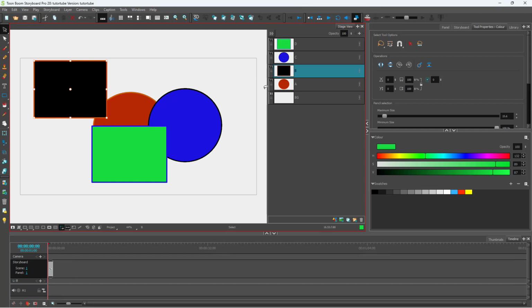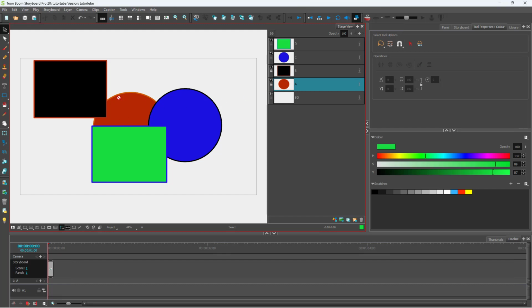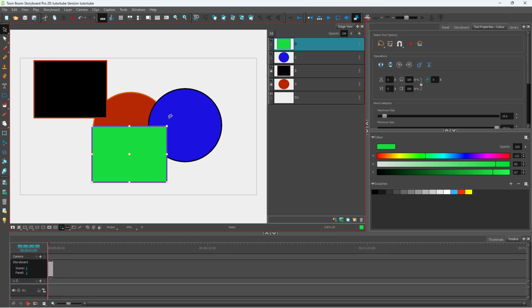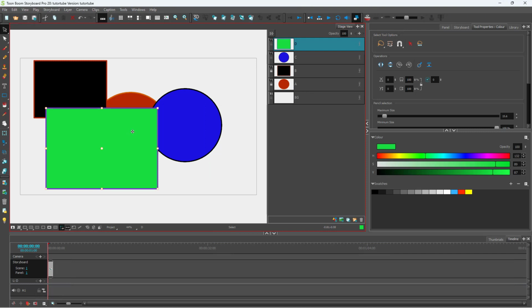But if you don't want to edit a particular layer, then you can lock it. For example, if you want to lock out these two layers right here, you can click on the lock icon on this layer and you cannot select this layer and make changes to it, so accidental editing does not happen. You can go around over here and lock this circle as well, and you can see that that layer cannot be edited anymore. But the other layers right here, you can still select, resize, and place wherever